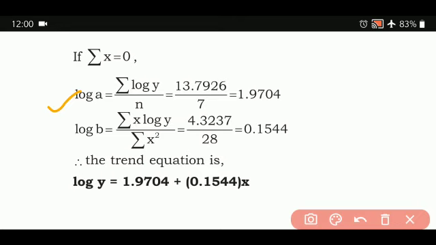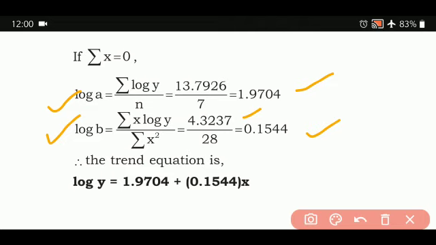13.7926 divided by 7. The answer you get is 1.9704. Then similarly, log b value is summation x log y divided by summation x square. Summation x log y total is 4.3237 divided by 28. That final answer we get is 0.1544. Therefore the trend equation is, if you are writing in the logarithm form only,